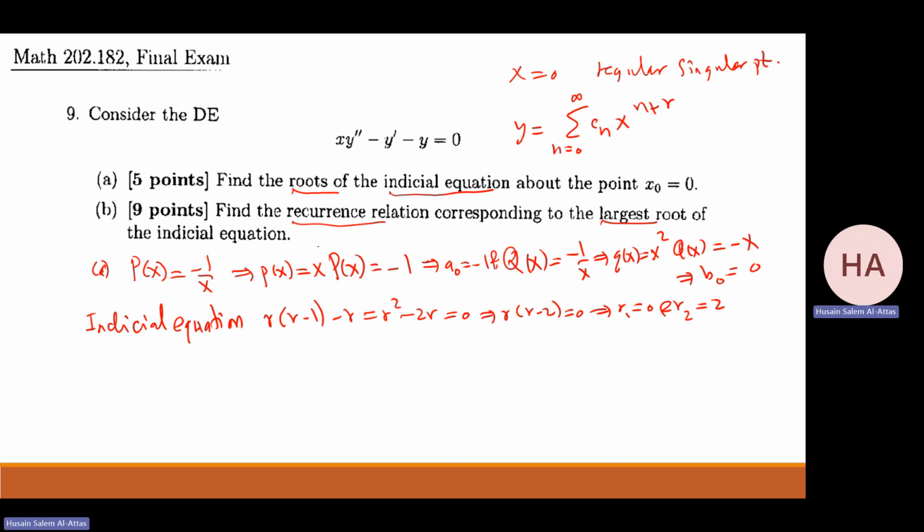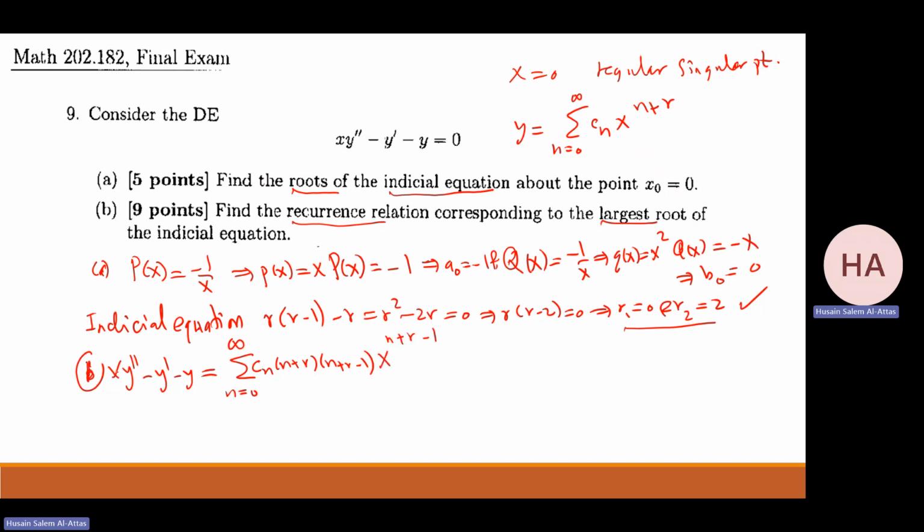Okay, now what I will do, I will check now, this is the indicial equation. Now, this is my initial roots. Got it. Okay, so for part B, going to find the recurrence relation. So let me continue with this: x y double prime minus y prime minus y. That will be the summation from n equals 0 to infinity. This is y double prime, which is Cn times n plus r times n plus r minus 1, x to the power n plus r